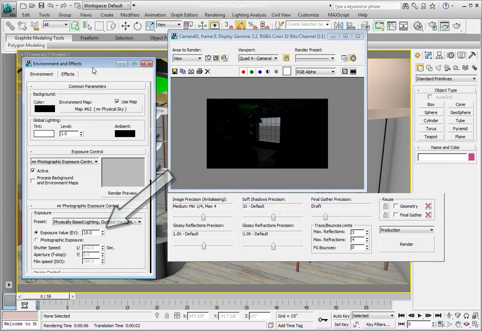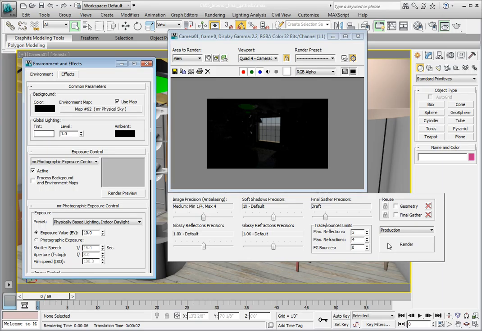And right here we see that in the Mental Ray Photographic Exposure Control rollout, our exposure is set to an exposure value, or EV, of 15. A value of 15 would be used for bright daylight. In the preset list, go ahead and open it and select the Indoor Daylight option. You'll see this drops the exposure value to 10. The smaller the number, the more light it allows into the camera and the brighter the